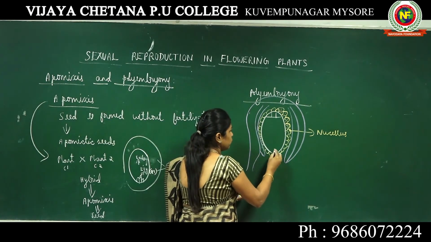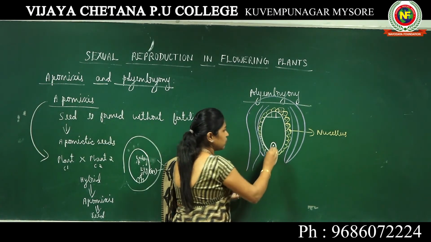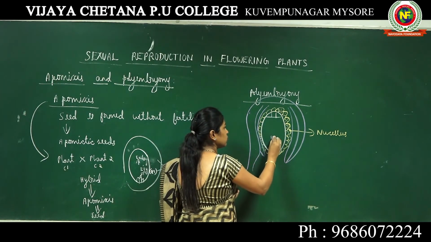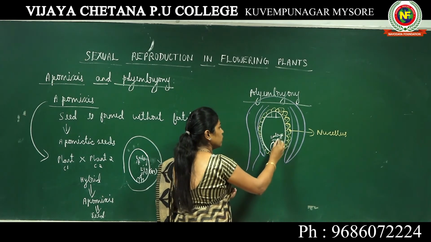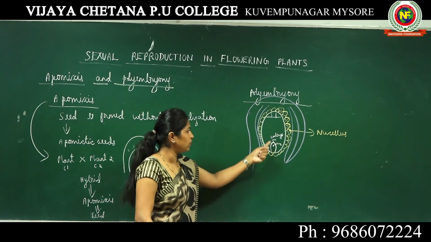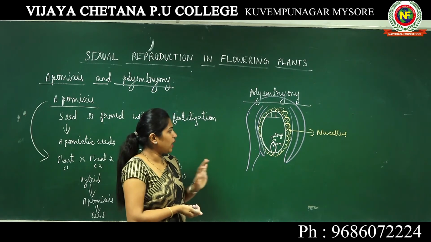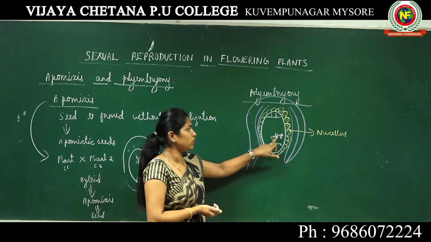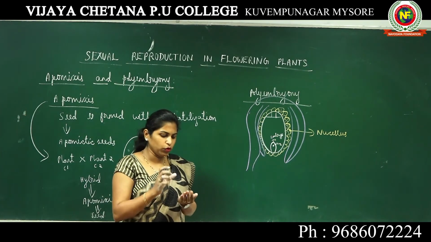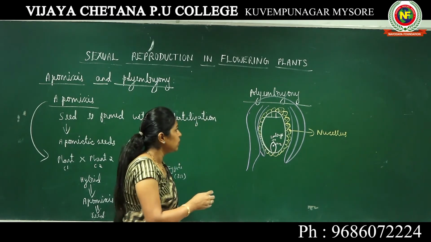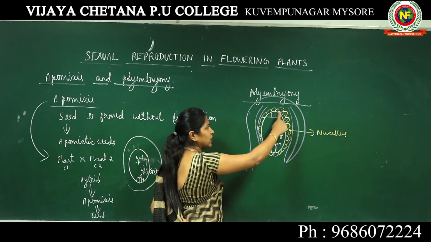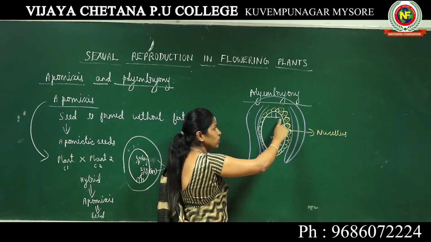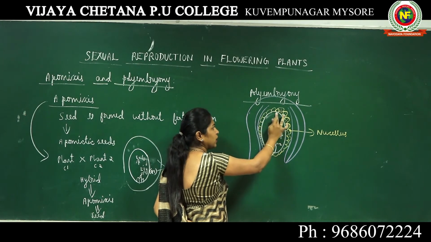Now, here you have your zygote, which is going to develop into an embryo. What happens is, when the zygote is going to give rise to the embryo, in a few plants, a few cells from this nucellus tissue, I will erase these antipodals,